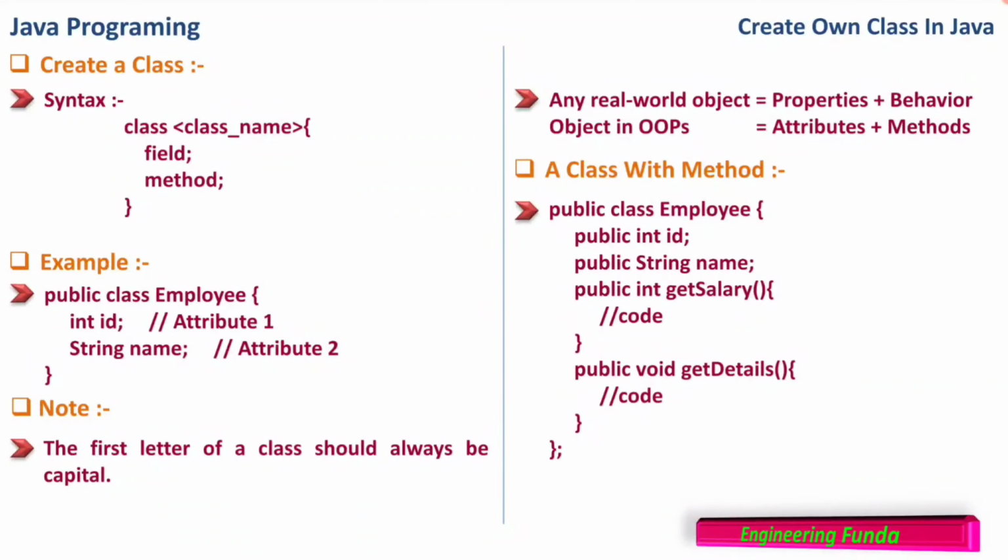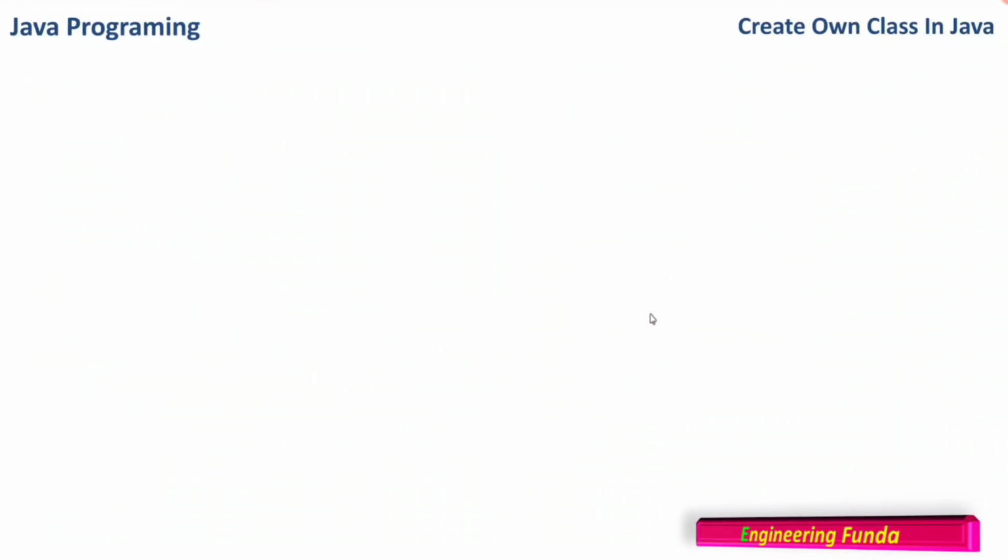What you have to do is create the object of this class Employee and simply call this getSalary method. So let's say I have created an object Employee emp, then I just have to write emp.getSalary and the things will be done. The code which is written inside getSalary will be executed, and the things written in the body of getSalary will do whatever we are expecting. This will get more clear when we see an example in the next slide.